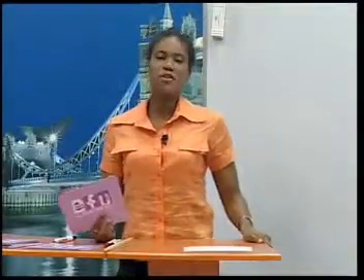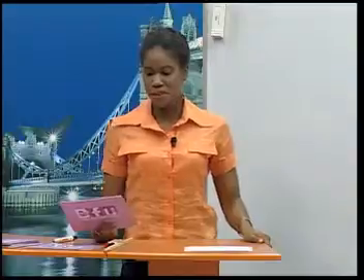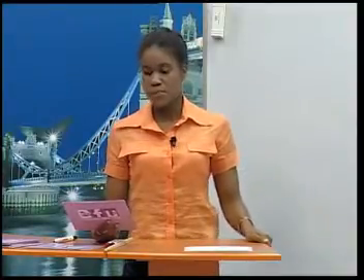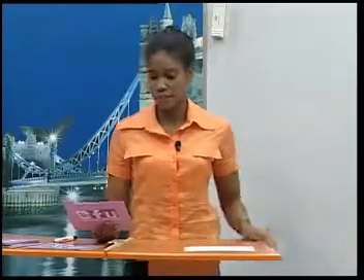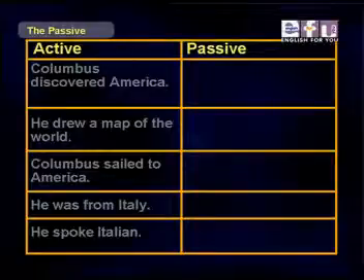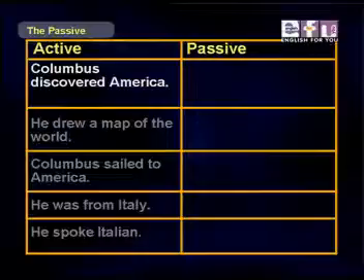Well, now you know a lot about the passive. Let's go back to the sentences we wrote about Columbus. Some of them have a passive form and others don't. Be careful, there is present, past, and future here. Take a look at your screen. Our active verbs. First sentence, Columbus discovered America. Passive sentence,